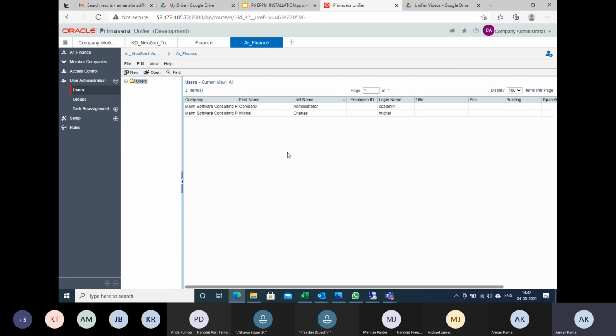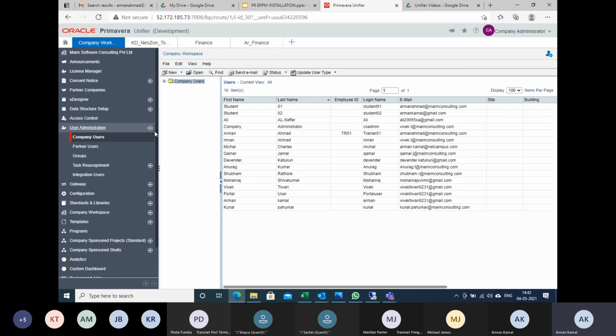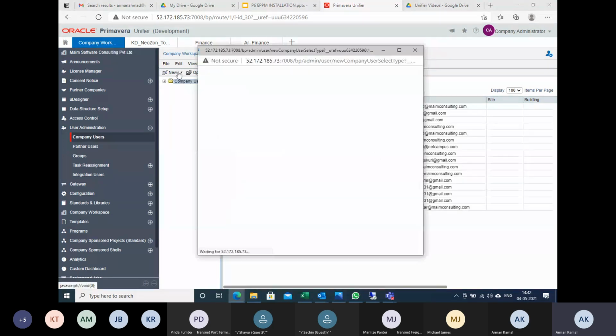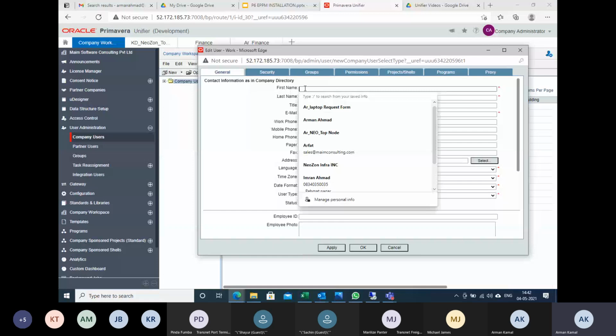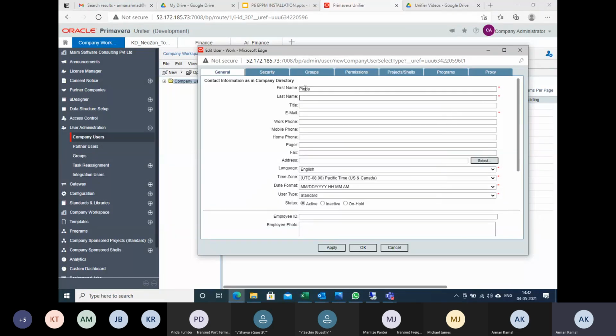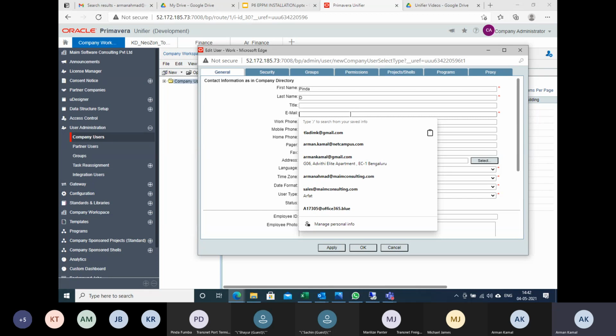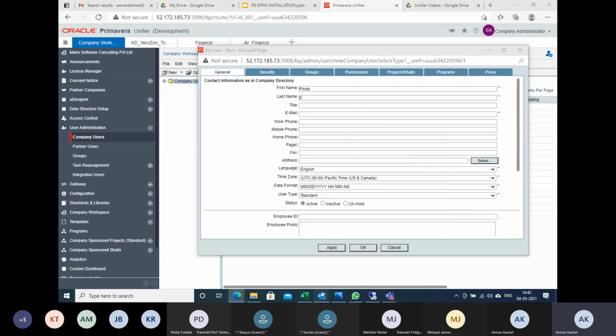Now in the same way I'm going to create another user called Pinda. Again I'm repeating: I'm going to company workspace, user administration, create new. So I think I will put Pinda D. For Pinda I have an email ID.